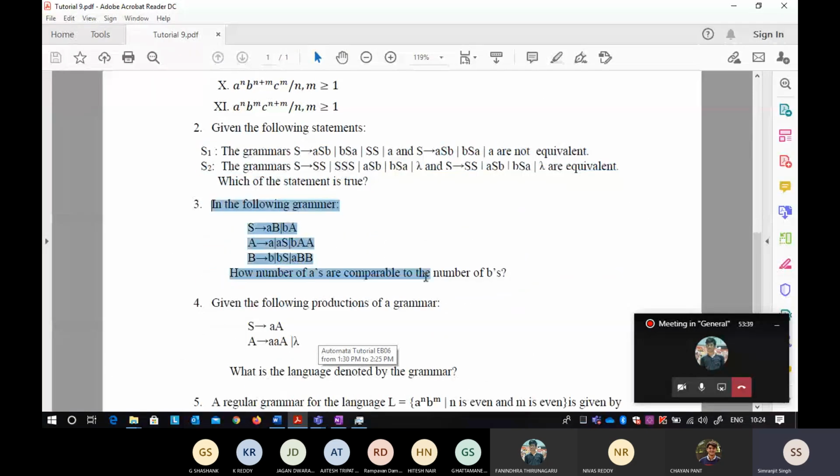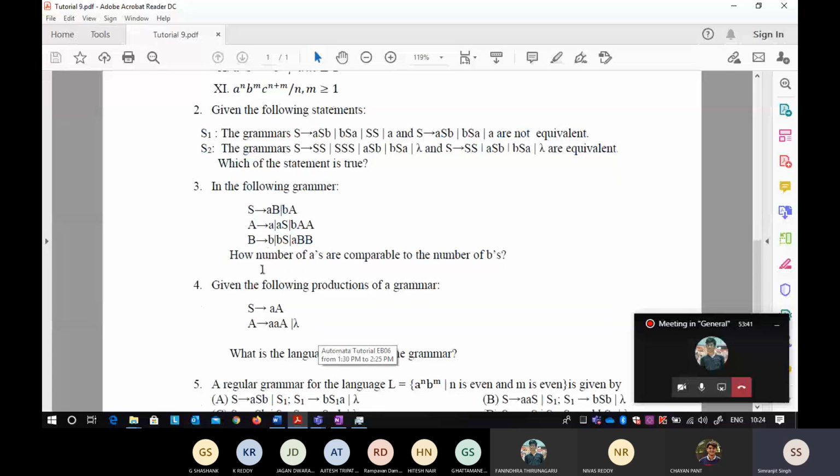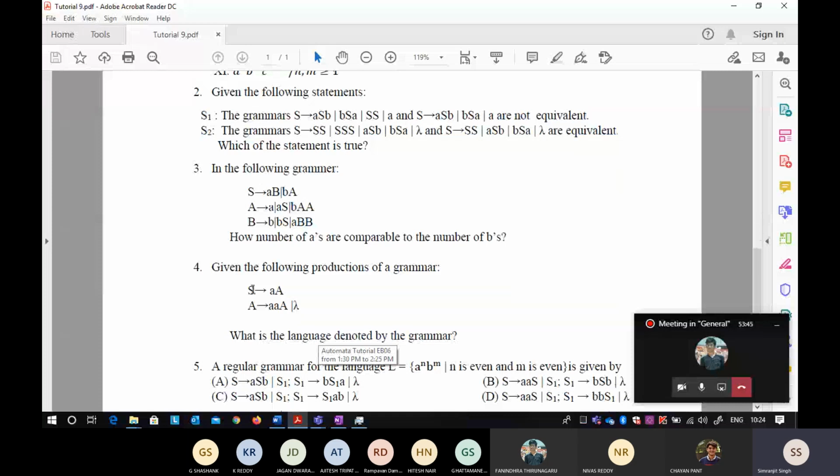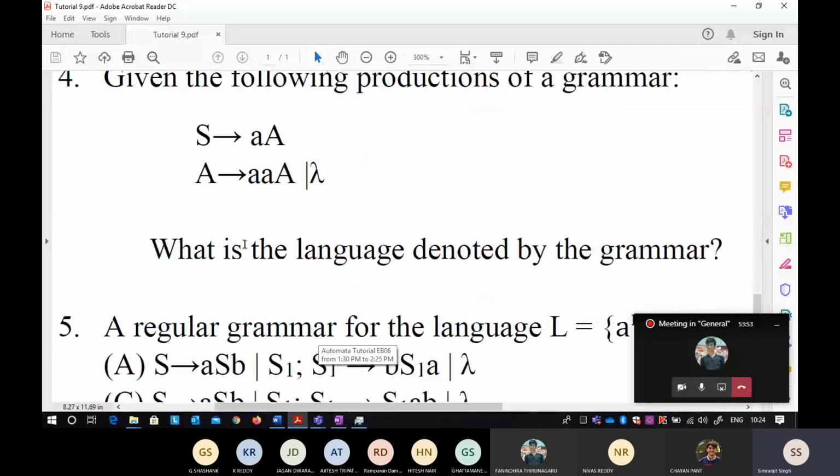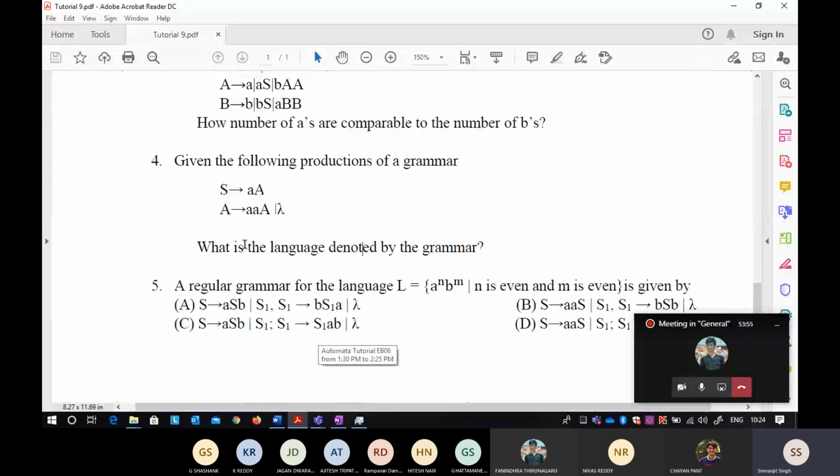Okay, so now this is a question. I will talk about this question in the next one, because absolutely there is no pattern in between. It will take a little bit of time. So just see this pattern here and tell me what is the language denoted by this particular grammar. It is a very easy one, so just try it yourself. The fourth one. So lambda is, again, remember, lambda is epsilon.